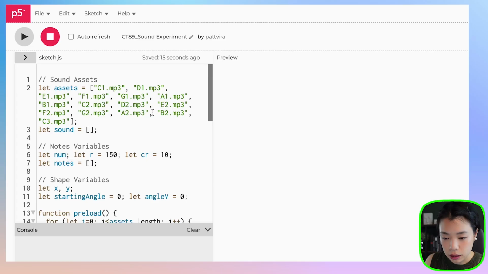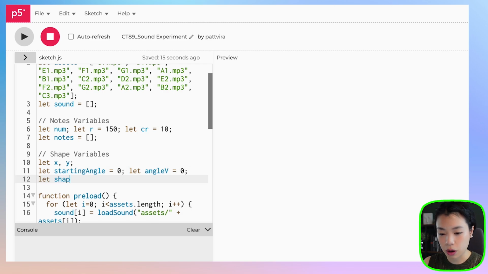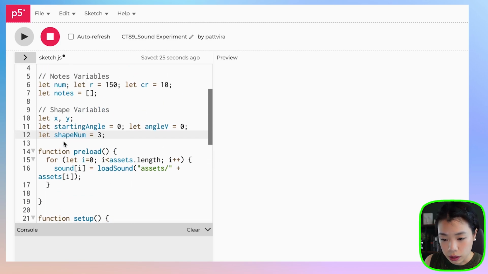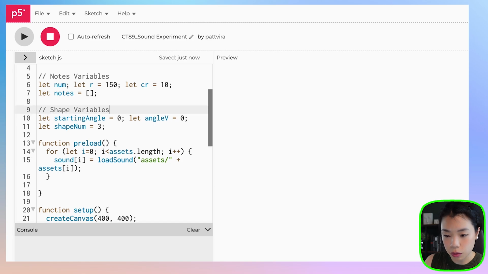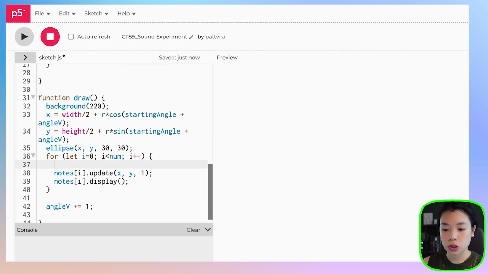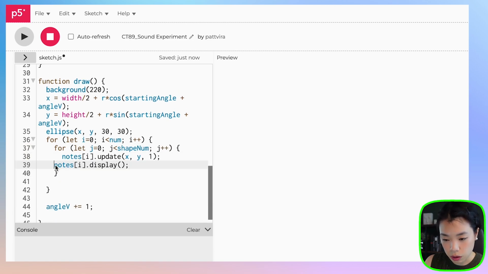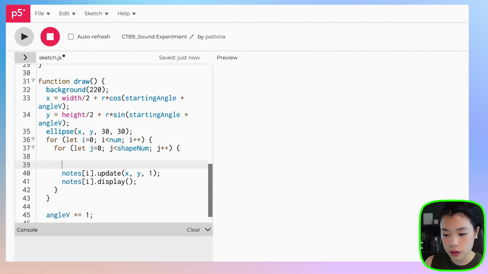Instead of just one circle, what if we do 3 nodes at the same time? Let's declare a variable called shape num, set it to 3. And so instead of just declaring x and y here, we do not need this x and y anymore, because we're going to do a nested for loop. So we're going to say for let j equals 0, j less than shape num, j plus plus, then these two functions will also be inside here. We're going to set x and y here